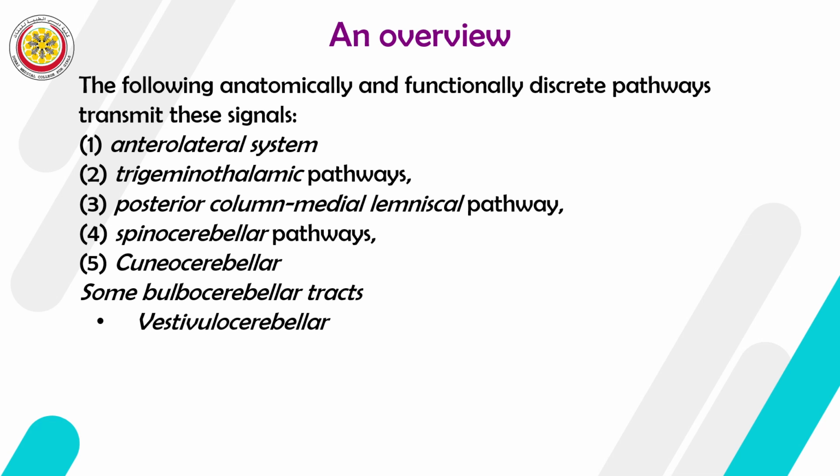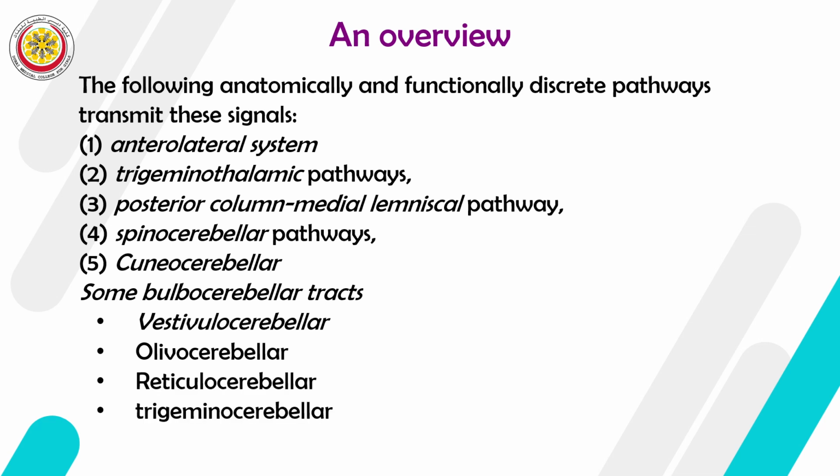We have vestibulocerebellar, and we have olivocerebellar from the inferior olive, and we have reticular from the reticular formation, and we have trigeminocerebellar. And these combine the sensory conscious sensation with subconscious sensation, and they combine motor function with the cerebellum. So they are considered ascending pathways because they ascend from the spinal medulla, from the medulla to the cerebellum. These are additional bulbocerebellar. They come from the bulb to the cerebellum to complete this function of the cerebellum.